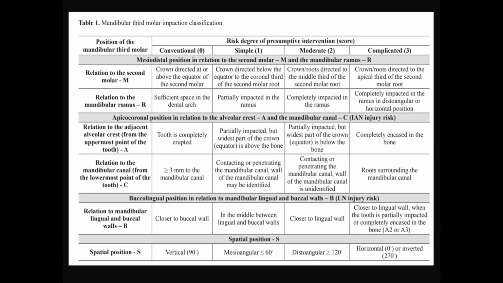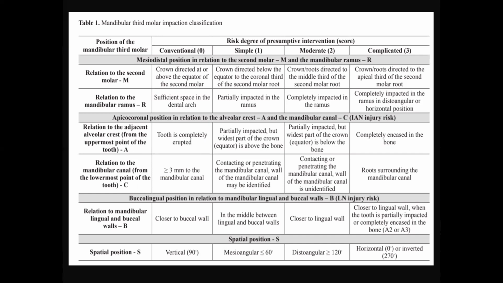Why, we will just discuss. Second would be the canal distance, and this also we will discuss later on. More than 3 millimeters, then it is easier. Then there are different things. And when it is completely erupted, it is easier. And now this too is a relation between the second molar and the mandibular ramus region.